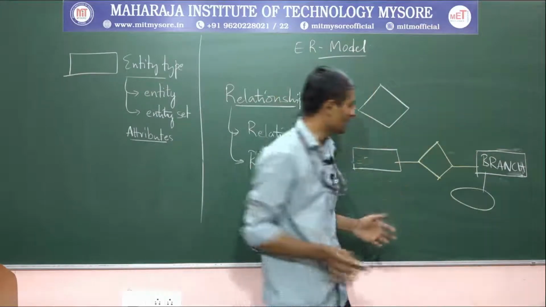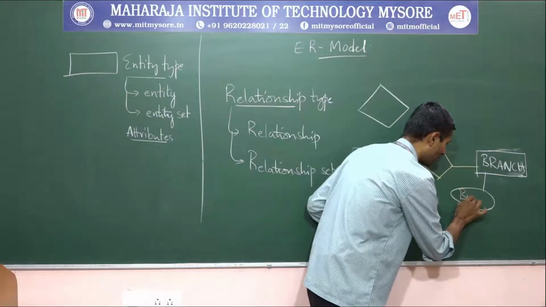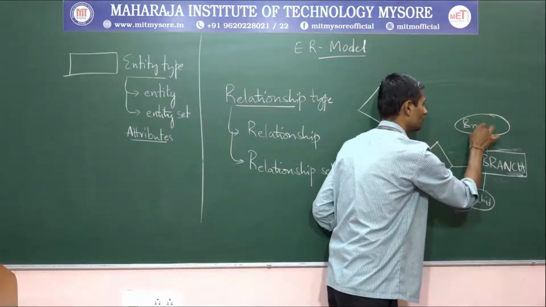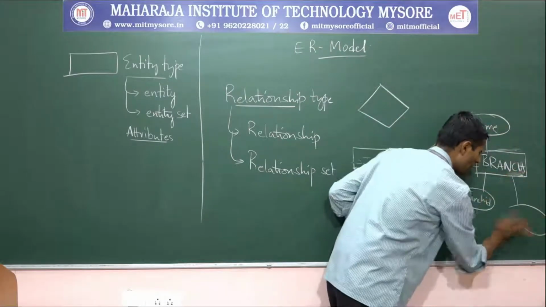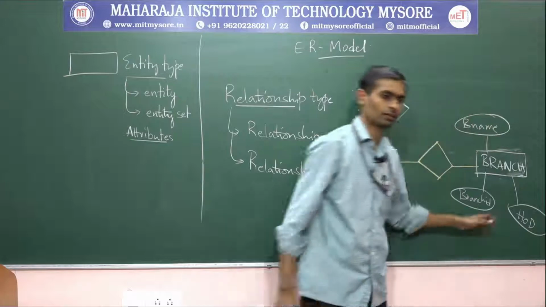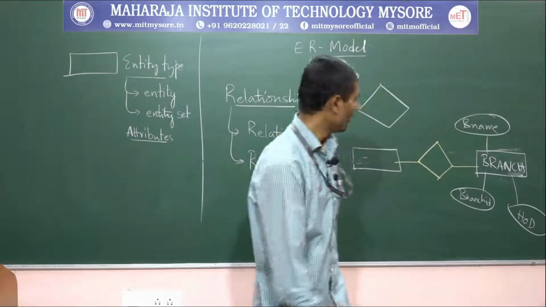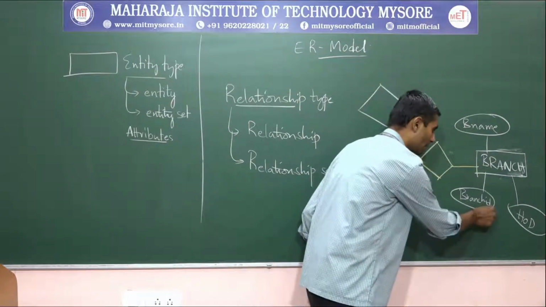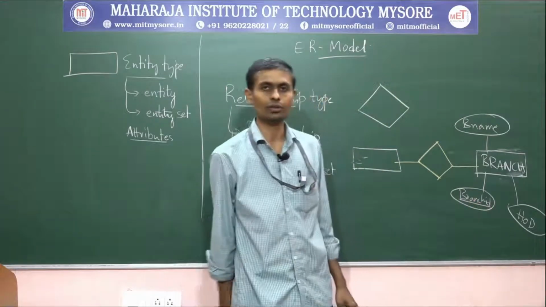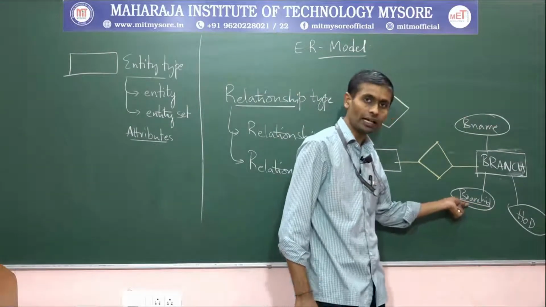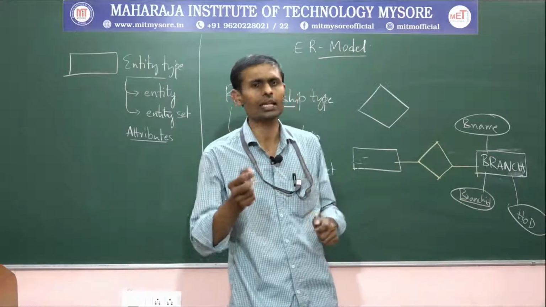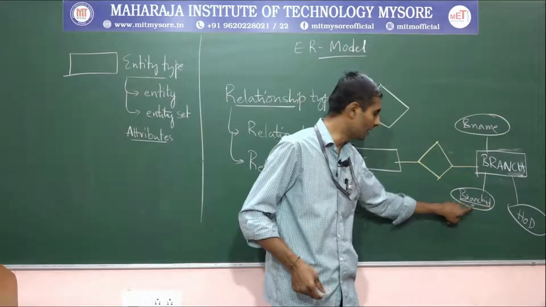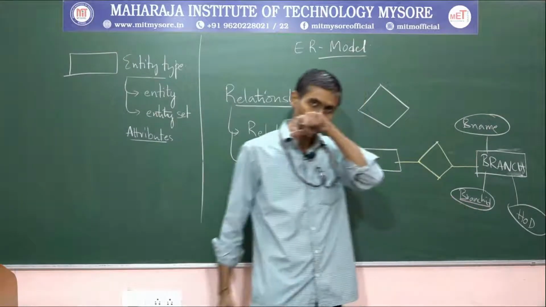That means a branch can be described with the help of attributes called branch ID, branch name, and possibly the HOD. Each branch is identified based on the branch ID. So for that, what's the notation we have used? The notation used for a key attribute, because it helps us distinguish between each entity of this branch. So based on this ID, we'll underline it. It is an indication that it's a key attribute.